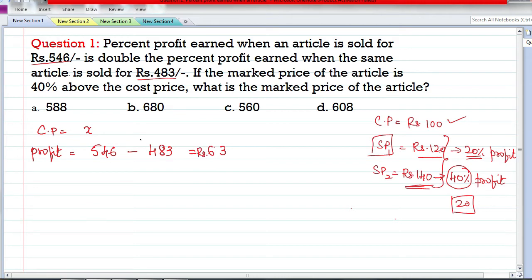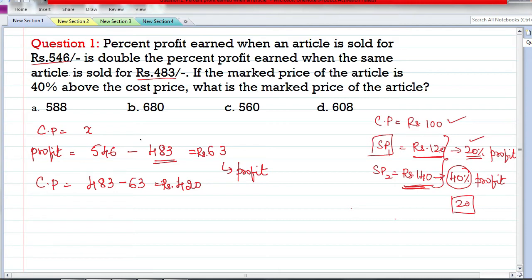See, this is the additional profit earned by selling it at 546 rupees. Same as our previous example, where the difference between the two was 20, and this 20 rupees is the extra profit earned, which is the amount of profit earned in the other case also. So now this 63 rupees is actually the profit earned in this case. So we will subtract 63 from that also. So the cost price is 483 minus 63 rupees. We will get 420 rupees as the cost price.